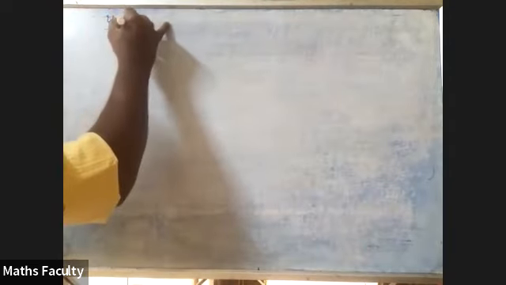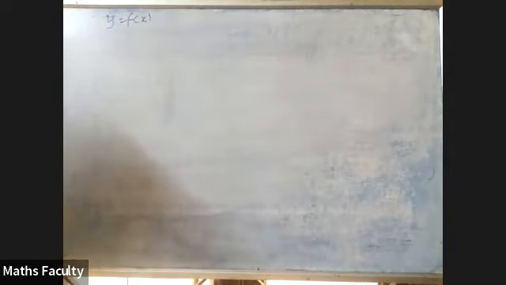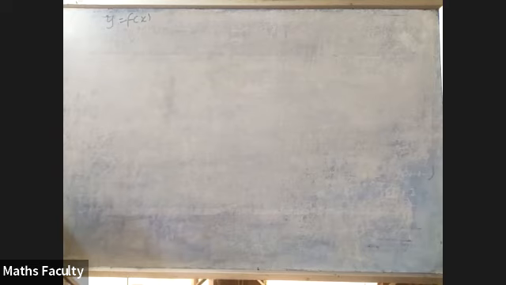If a curve y is equals to f of x, passing through the point 1, 2 is the solution of the differential equation